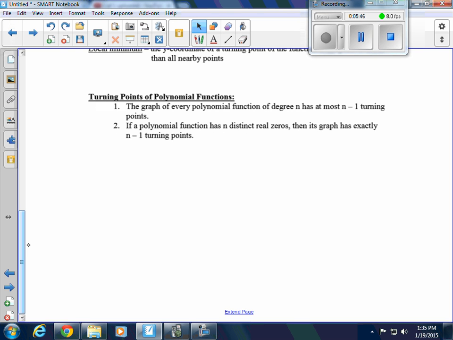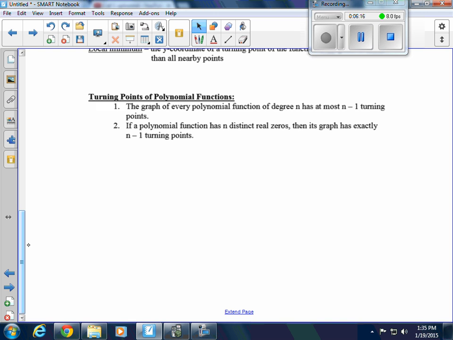And 2 says if a polynomial function has n distinct real zeros, then its graph has exactly n minus 1 turning points. So if the function has n distinct real zeros, then its graph has exactly n minus 1 turning points. Meaning if we don't have any imaginary ones, then it must have